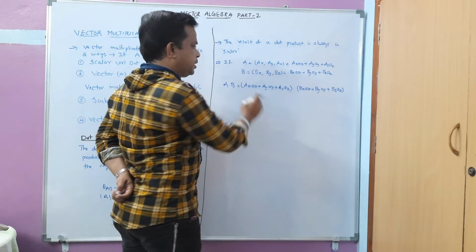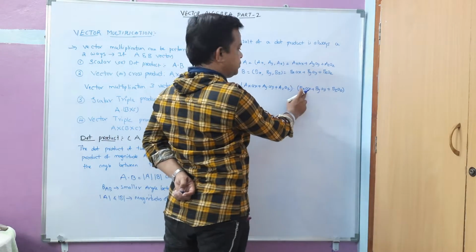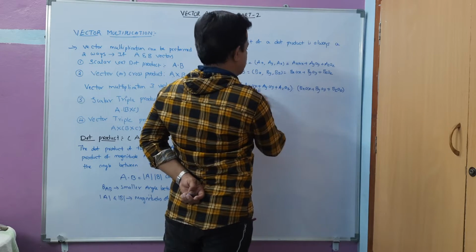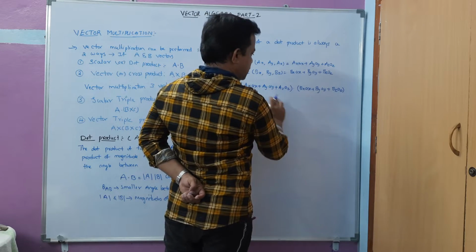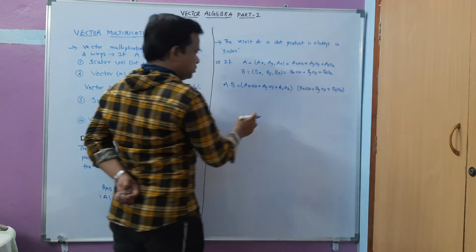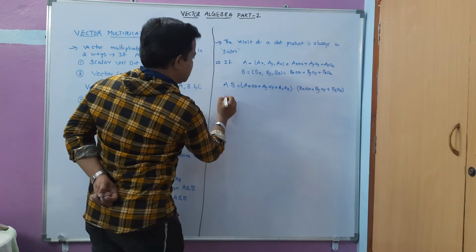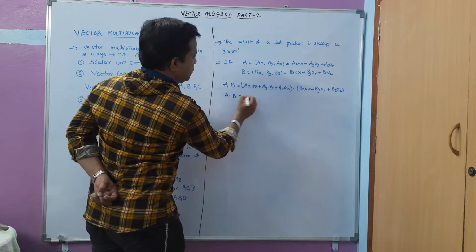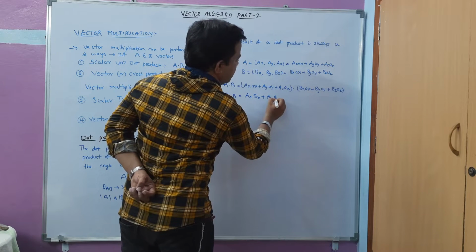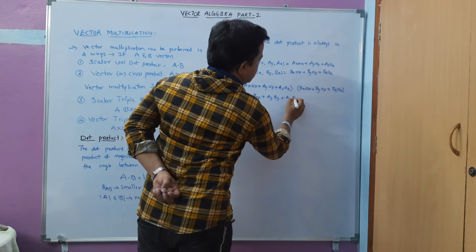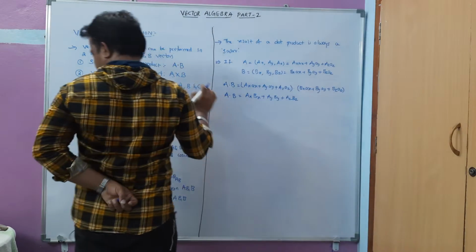Now if you are making the dot product, here you always have to remember that Ax dot Ax is always 1, Ax dot Ay is 0, Ax dot Az is 0, and similarly Ay dot Ax is 0, Ay dot Ay is 1, Ay dot Az is 0, and so on. So the dot product of same vectors is 1 and of different vectors is 0. So I can write A dot B as Ax Bx plus Ay By plus Az Bz. This is the dot product. We just have to take the product of the magnitudes of these two vectors.